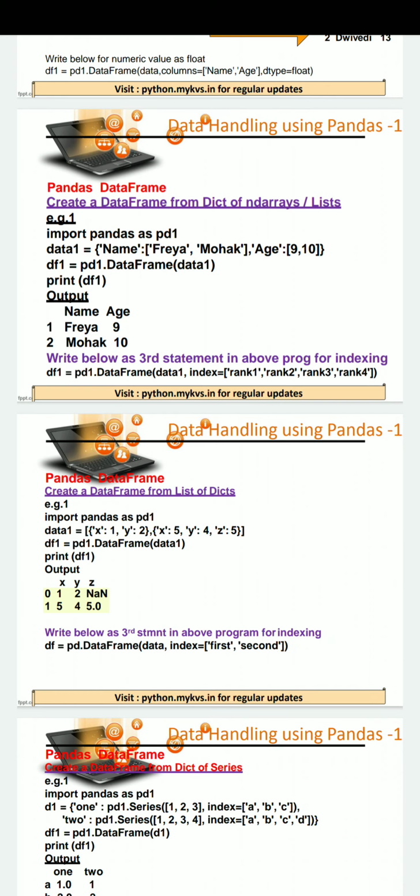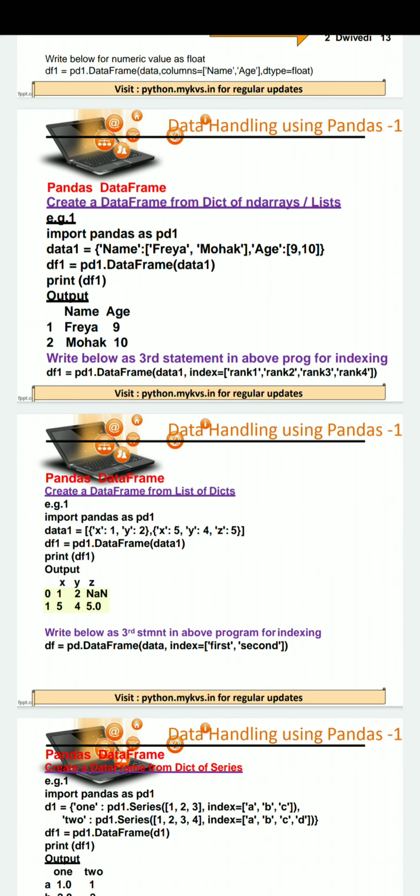Here we are having two columns, name and age as keys and their values as lists of elements for separate rows. Under the name key, we are passing two values, Ray and Mohawk, and under the age key, we are passing two values, 9 and 10, and that creates a dictionary.